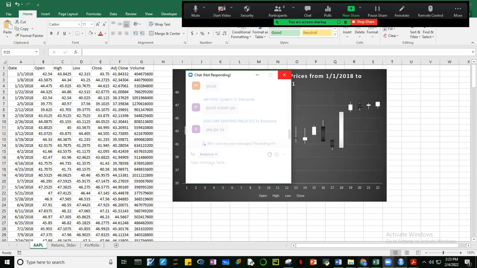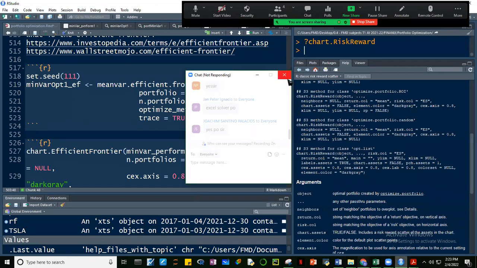So habang hindi pa tapos naghang din tong ano ba yan? Hindi ko tuloy ma-access yung